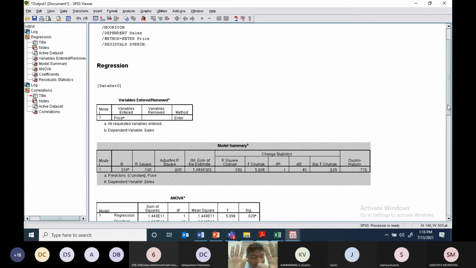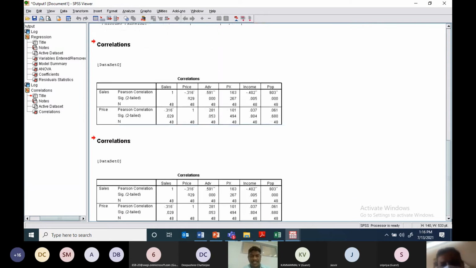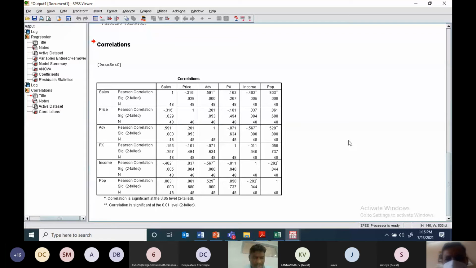Because, yes sir, madam, I have applied a multiple regression model. But why did I go for correlation? See here, this is the correlation matrix. Why did I do this? To identify the multicollinearity problem. What is the multicollinearity problem? When the independent variables are correlated, when the independent variables are associated, then ultimately there is a problem of multicollinearity. Let me give an example here also.